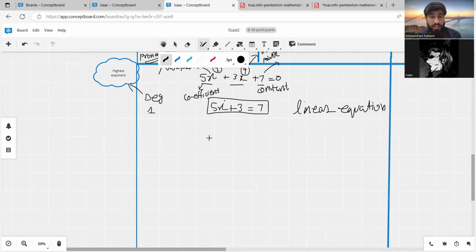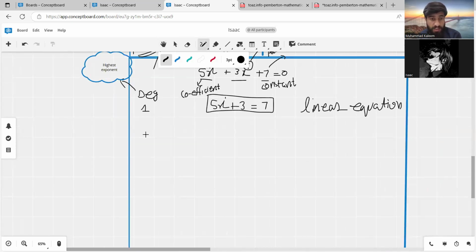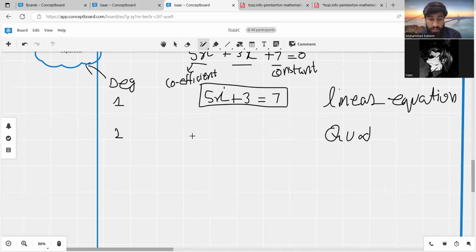Okay. In an equation, if the highest exponent, meaning the degree, is 2, that equation is known as a quadratic equation. If you observe all the quadratic equations, you will see the highest exponent is 2. Why did I not explain this when I explained quadratic equations? Maybe I forgot to explain it. So quadratic equations